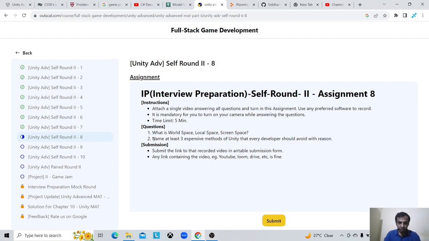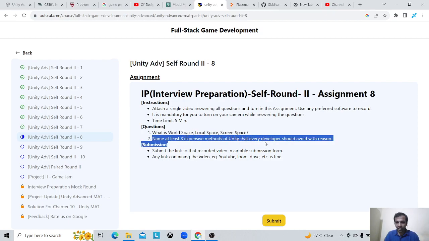The second question is, name at least 3 expensive methods of Unity that every developer should avoid, with reason. One of the methods is SendMessage. SendMessage is a method that we should avoid, because it takes a parameter as a string first of all. So we need to send the message and then the name of the method, but since it is a string, it will go through each and every object of the scene,